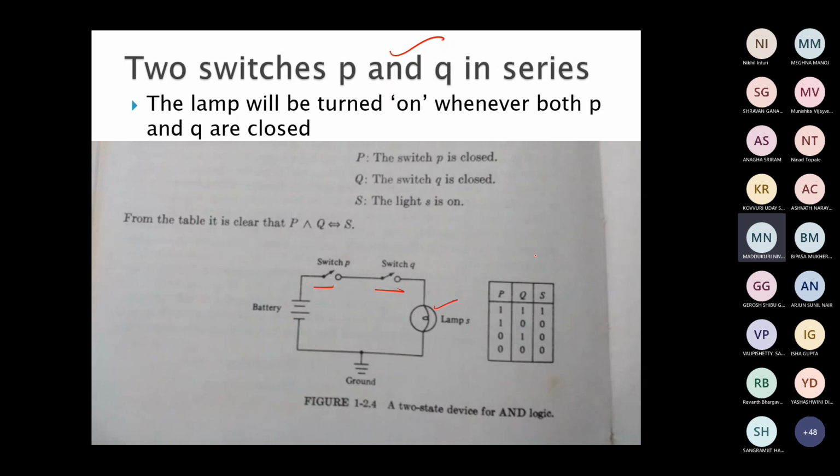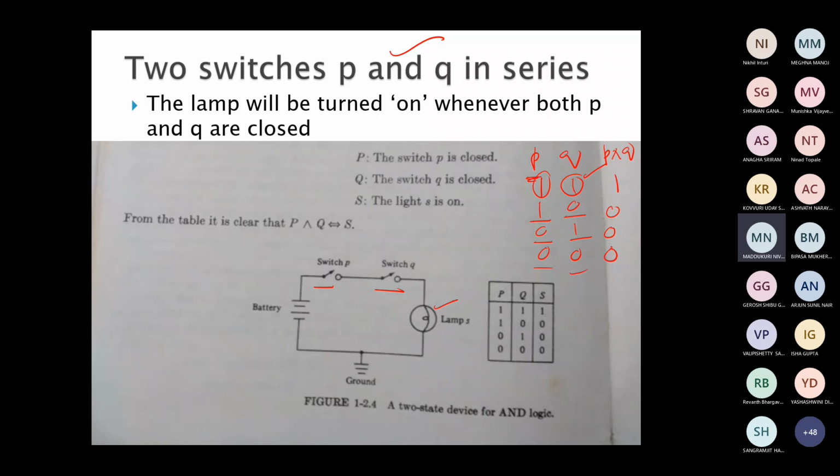So this denotes AND. P is there, Q is there. These are all the situations, right? Here both P and Q are closed; P is closed, Q is open; P is open, Q is closed. Only when both are closed, the lamp will glow. Since it is a series connection, we denote it by P and Q. In all other cases, the lamp will not glow, so the truth value assigned to it is 0. So P and Q, we are just relating that to the switches.